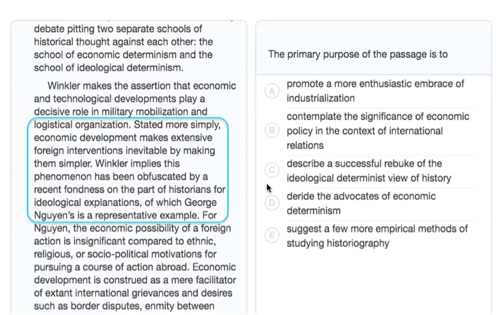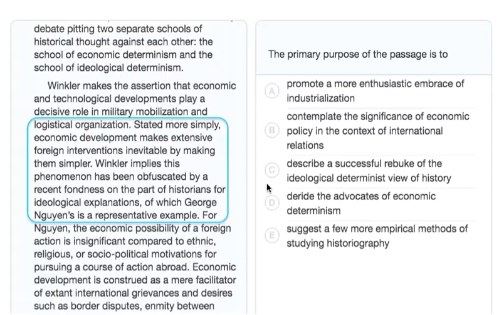In the third paragraph, the author points to a flaw in the ideological determinist viewpoint and the misconceptions they have about Winkler's economic perspective. In the final paragraph, the author explains how Winkler attempts to solve these misconceptions about economic determinism. After reviewing the passage, we can guess that the author wants to show how one scholar tried to disprove